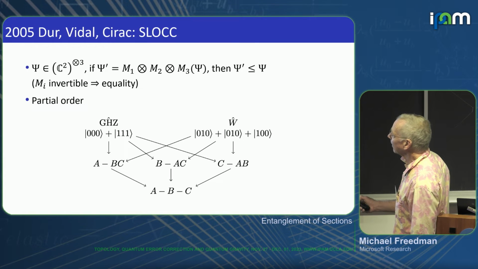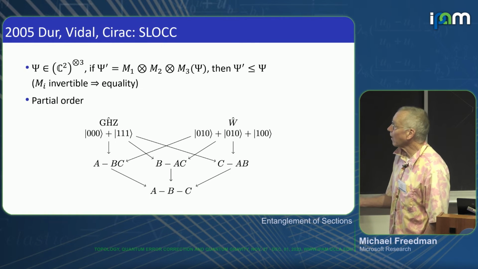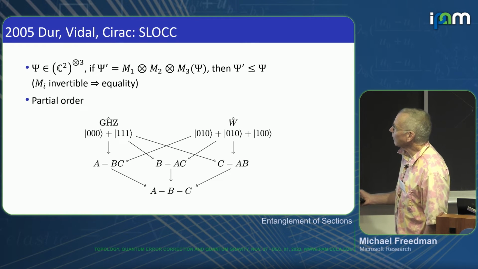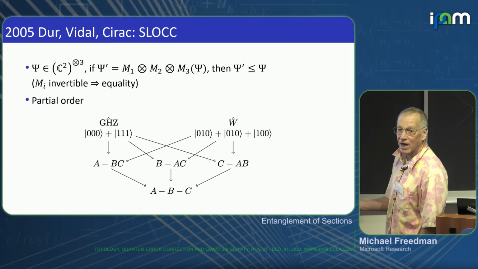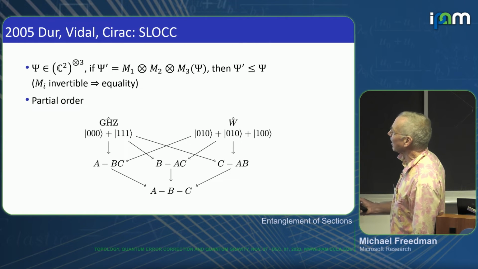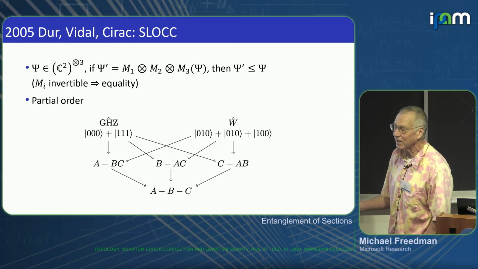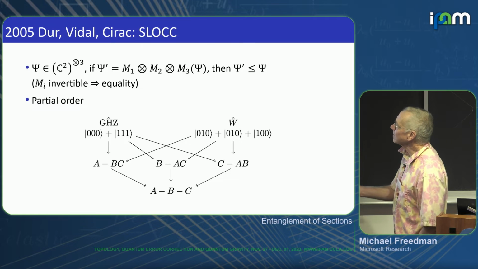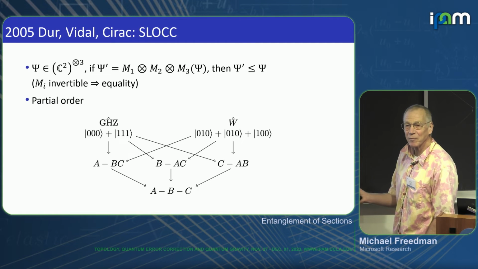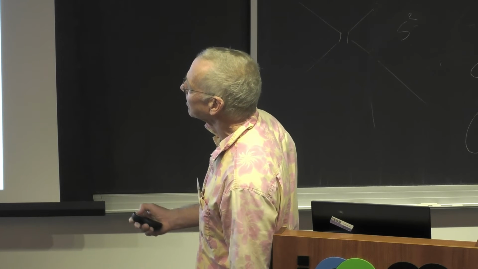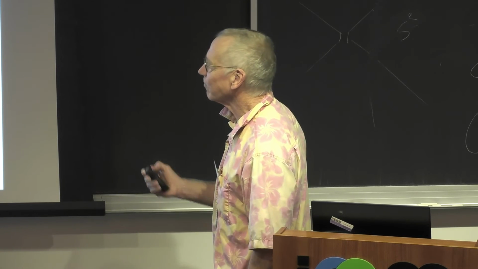Now, when I saw this definition, I thought something was wrong because I wanted these matrices to be either unitary or Hermitian, or I wanted the authors to be talking about quantum channels in some other space, and it just didn't seem right that there could be any statement just about matrices acting on the space themselves. And I called up Matt and said, Matt, what's going on? This seems crazy. And he said, oh, it's the stochastic part. It's the fact that you don't actually have to convert states, but only get a non-zero probability, that makes this equivalence so simple to express. And that's in fact correct.